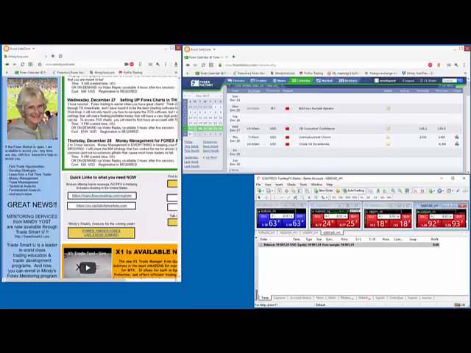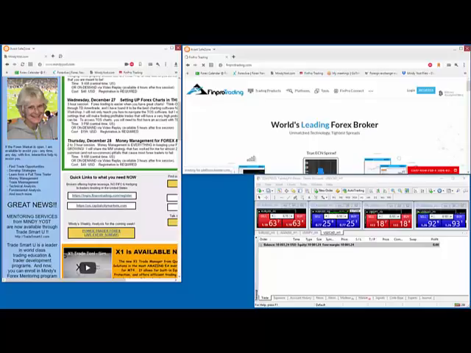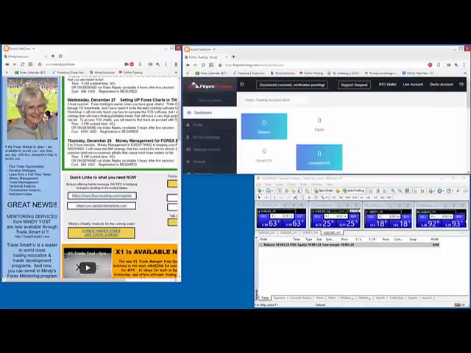So anyway, because it's hard to have all your charts and your trading platform all on one monitor, you've got to layer stuff around so that you can pull whatever you need to the front when you need it. So anyway, that is kind of what we had for today. So my question is, does anybody have any questions about